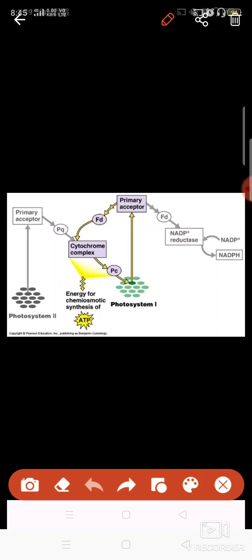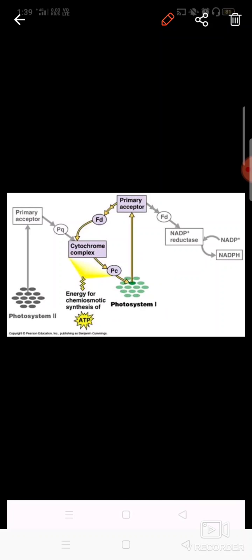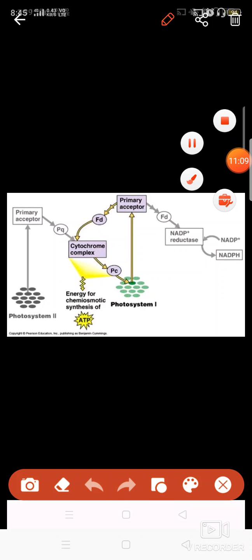Then when the electron has donated its energy to other substances, it reaches photosystem 1. Now in photosystem 1, some chlorophyll molecules are present here, which absorb the photon energy transported here. This photosystem 1 now becomes the acceptor of the energy, and once the energy is accepted, the electron again goes to its excited state and reaches a higher energy level.